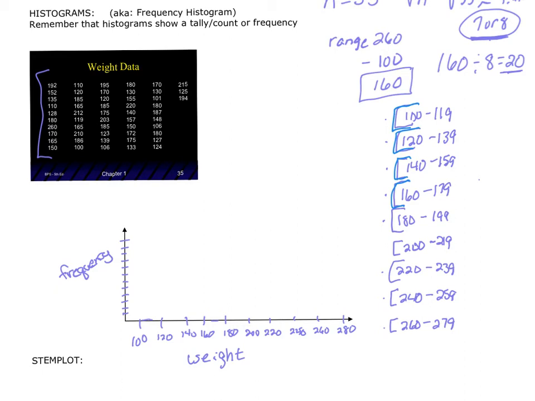All right, so the process from here is that we have to actually truly just tally up how many values there are in each particular interval. So we need to go number by number. The first number is 192. That number would be in this first interval. 152 would be in this interval. 135 would be in this interval. 110 is here. 128 is here. 180 is here. See, that's why it's important that we determine which location that value of 180 should be. Here's 260, that was our biggest value, 170,